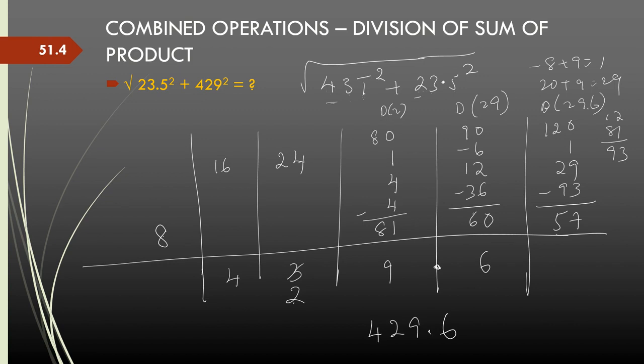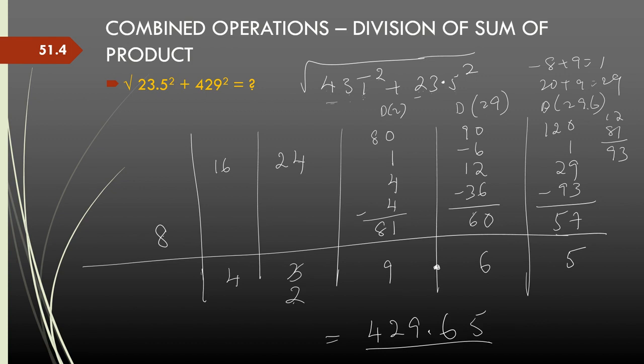So there will be a decimal point here, and if I want one more decimal, I can divide 57 by 8, go to the next stage, and keep calculating. Most likely it will be 5 or 6, because with 7 I'll hit a negative, with 6 also I might hit a negative, so I'll take 5 and then carry forward. So the answer will be 429.65.